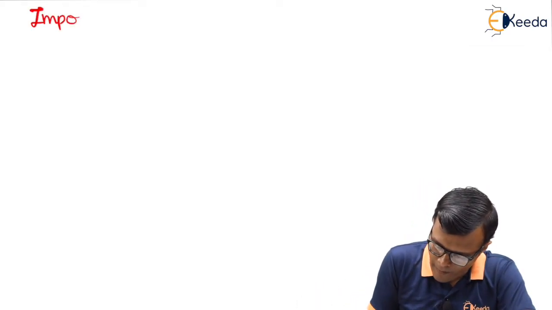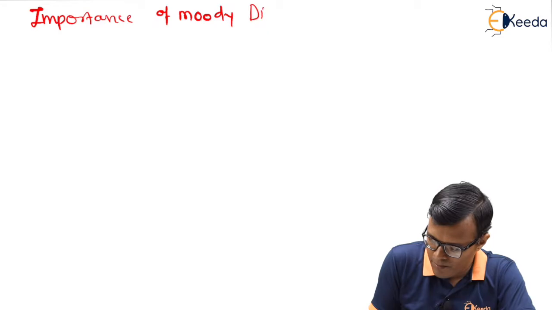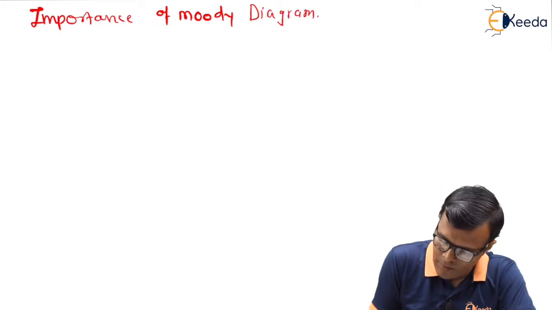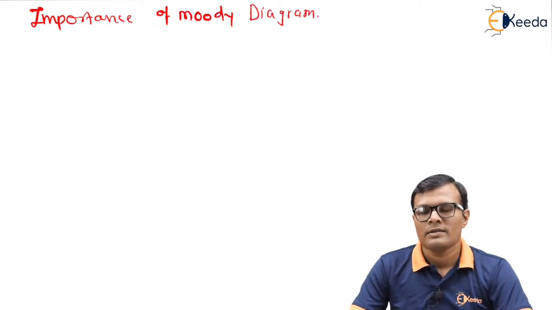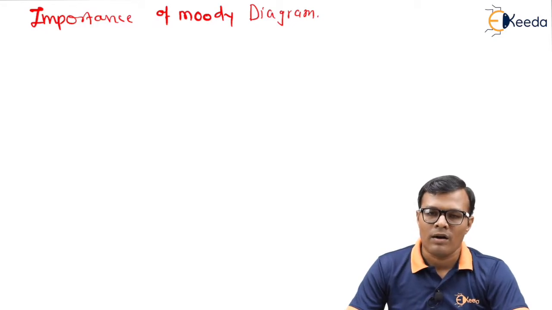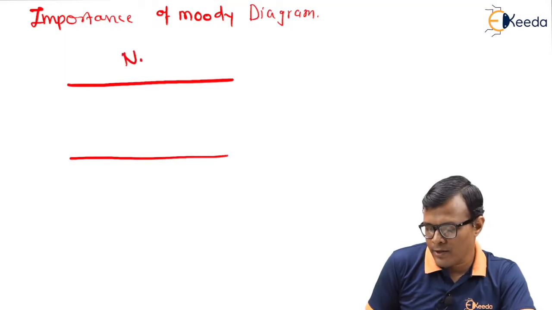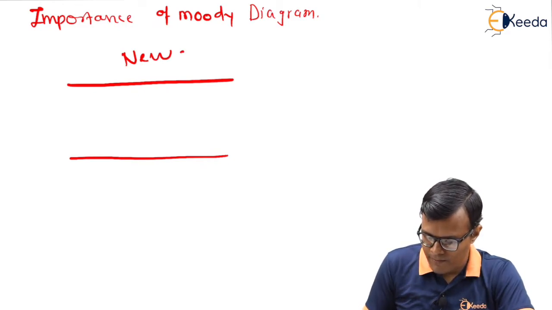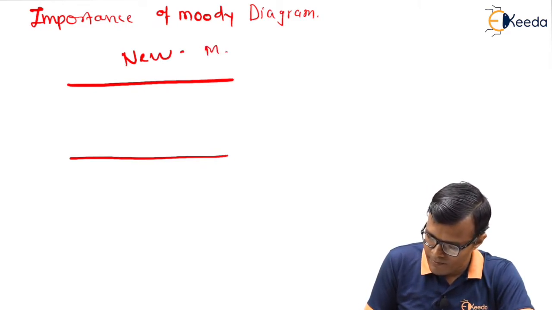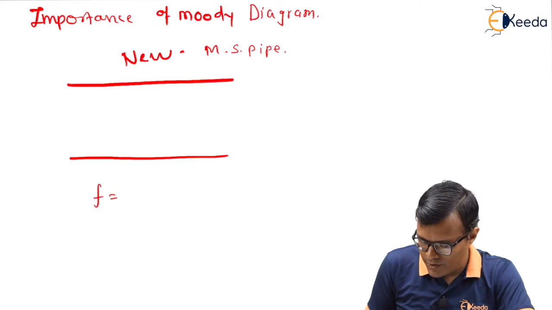Now let us see the importance of Moody diagram. We will consider the importance of Moody diagram by considering an example. Say for example, in industry we have set up a set of pipes. Say there is a pipe in industry which is in new condition. So we know the value of roughness for a new pipe. Say this is a mild steel pipe. So value of friction factor is say